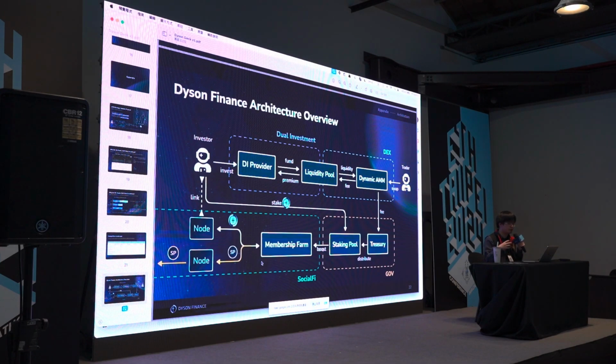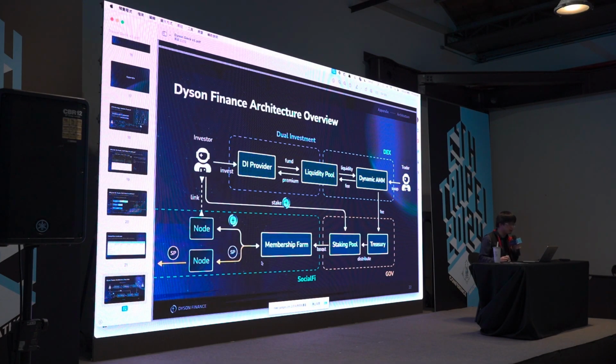And since we have a dynamic fee AMM mechanism that could create profit that is somewhat proportional to the volatility of the token pairs, that should be able to generate sufficient profit to cover the premium we paid to dual investment users. And the leftover will be used to stream revenue to token holders and finish the closed cycle.